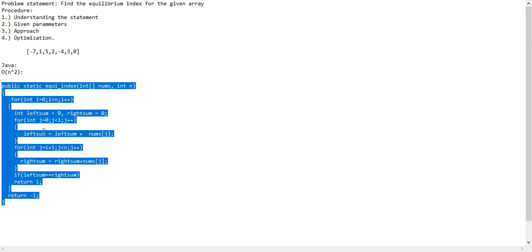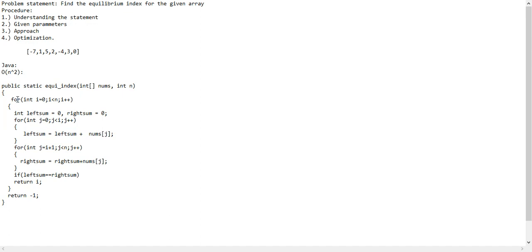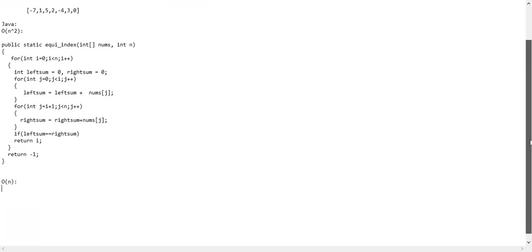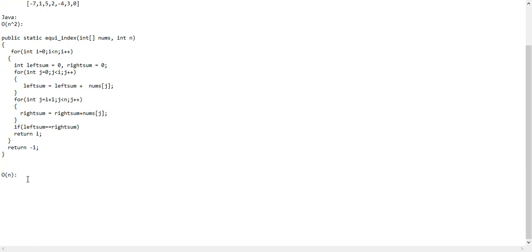I hope you understand this, but I don't prefer this solution because this solution works at O of n square. As you can see, there is one loop inside another loop, and it is pretty easy, like everybody can just guess what the solution will be. I would prefer a solution of O of n. I love this type of solution. In O of n, it is a little bit tricky, but it's really great. It makes you think in a different way, it basically makes you think how will it work.